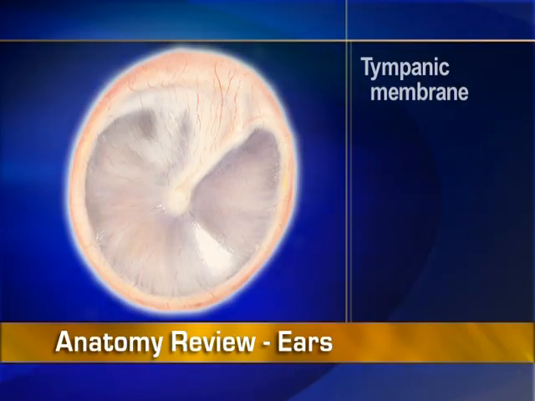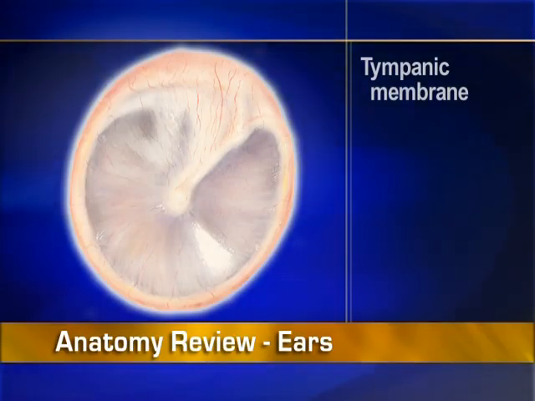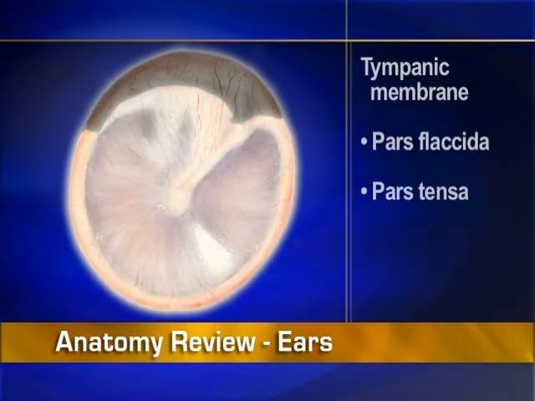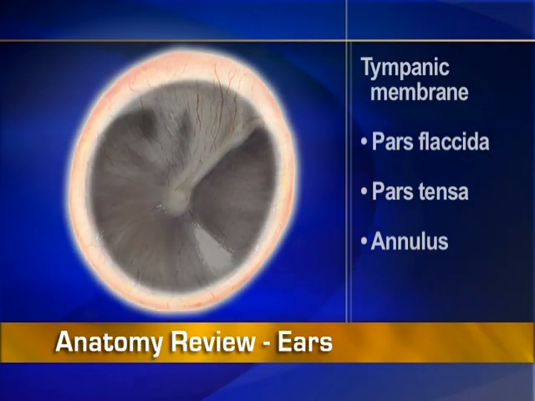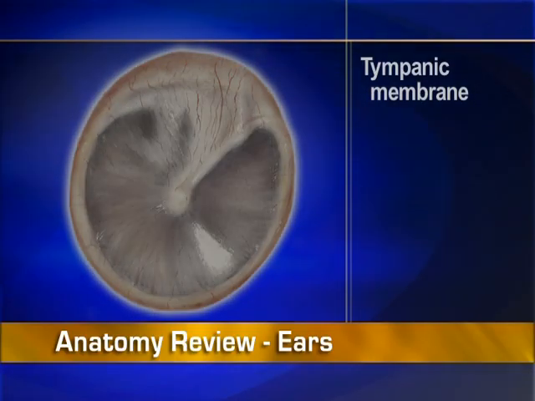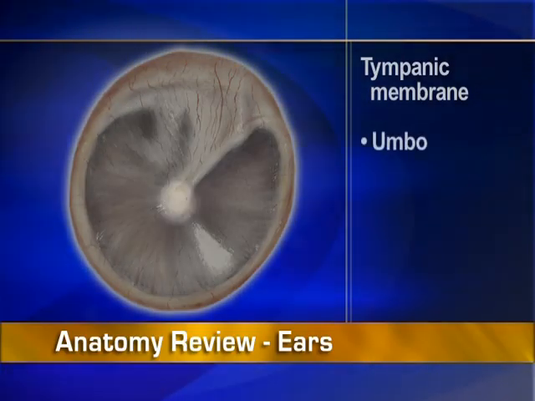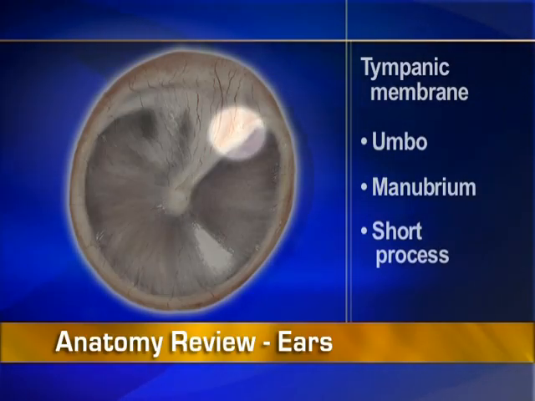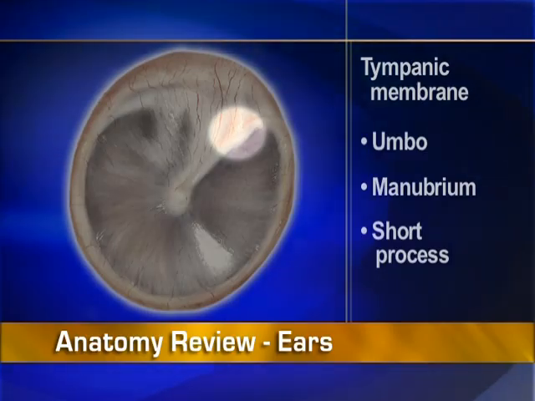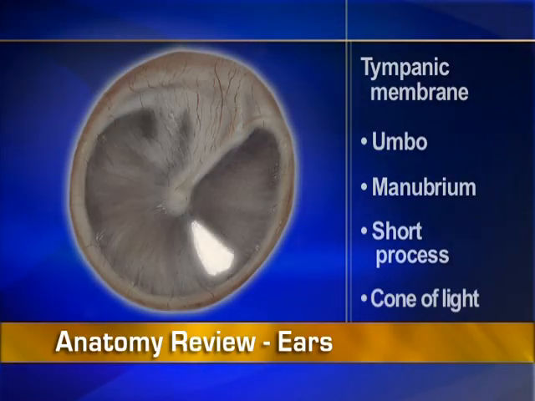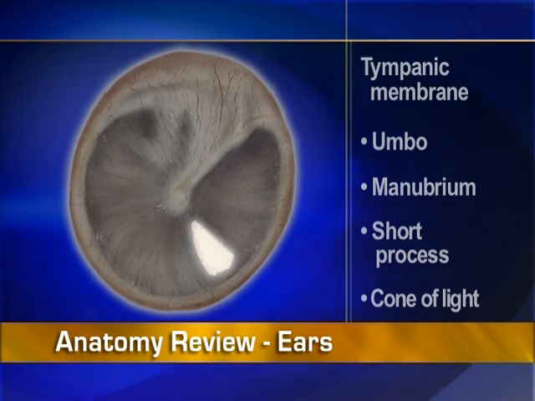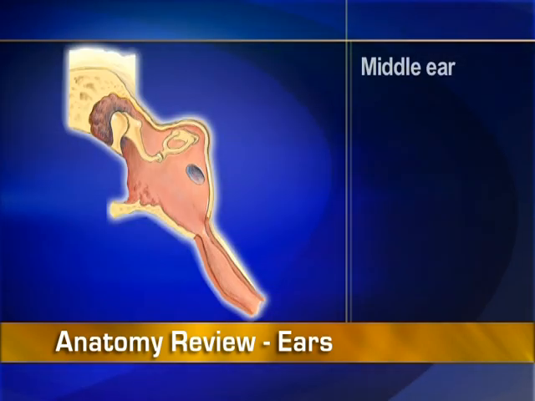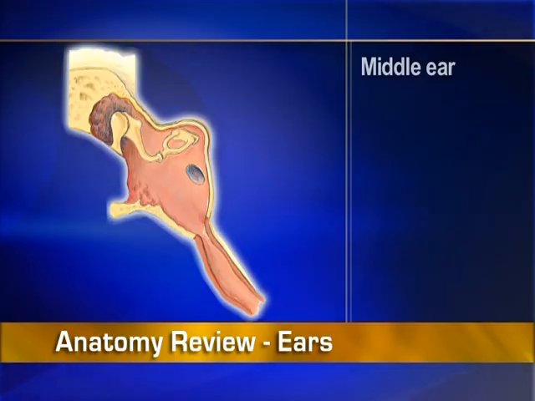The translucent pearly gray tympanic membrane consists of the pars flaccida and pars tensa, and the annulus or fibrous outer ring. 3 parts of the malleus, the umbo, manubrium, and short process, show through the tympanic membrane, and a prominent cone of light is reflected in the antero-inferior quadrant. The tympanic membrane leads to the middle ear, which conducts sound to the inner ear via 3 ossicles: the